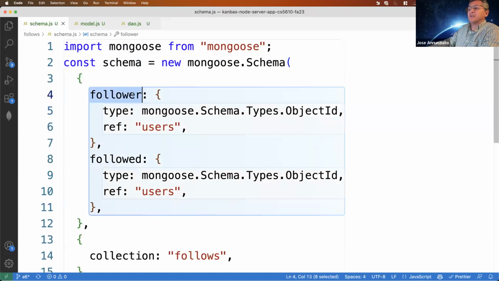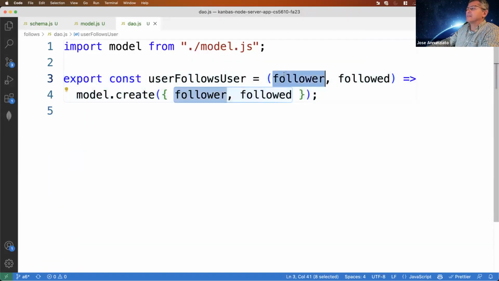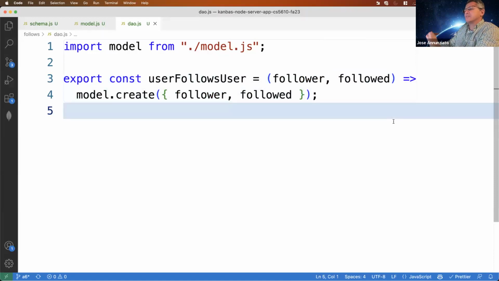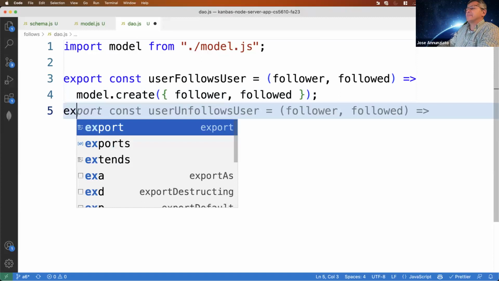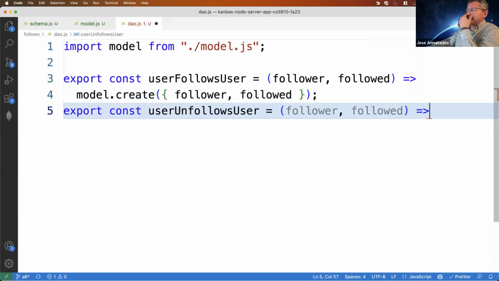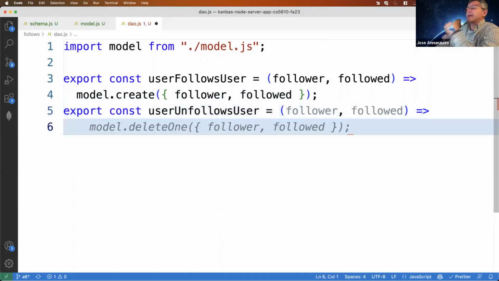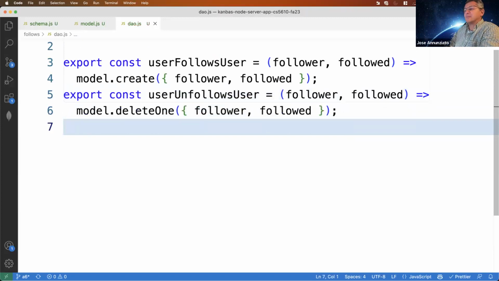The schema is expecting follower, right? Those are the fields that I'm creating, and the values are the IDs that I'm passing in, like that, right? So a user follows another user. Now a user unfollows another user. Again, unfollow, right? And this is going to be a delete. I'm going to delete the record that says that this person is following that other person, right?